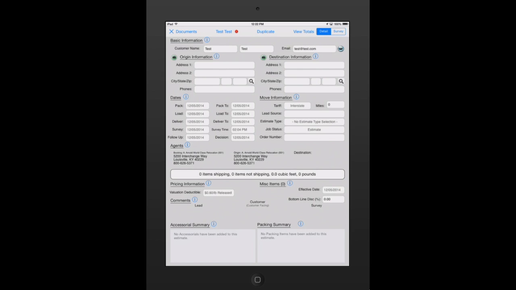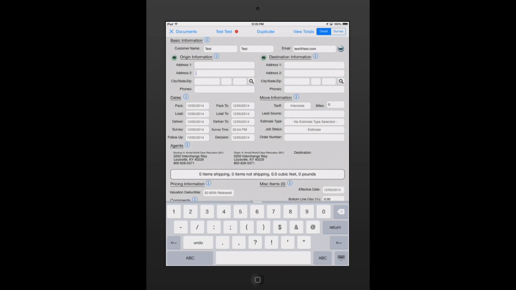Hello, this video is going to cover the functionality that lives within the origin and destination information fields within the iOS Survey HD application. You can certainly do the data entry right from this field here just by touching the screen and getting your cursor into the appropriate field you want to do the data entry for. However, as mentioned in previous videos, I do encourage any new user to access the detail of that section to